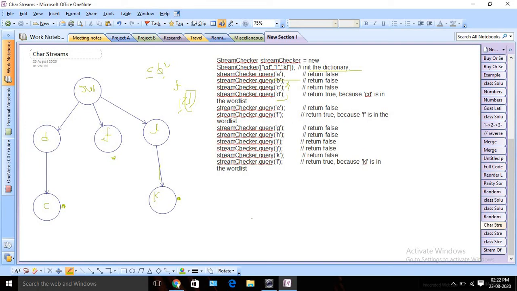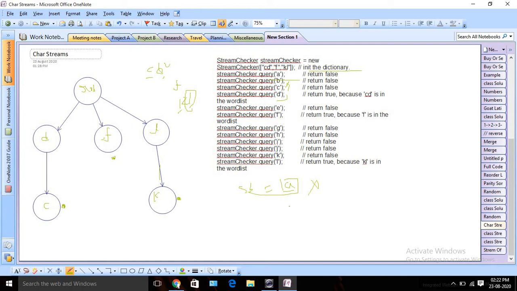Suppose I need to search for A. We need to keep track of the previous characters also, so we can take a string builder, which initially is blank. Then we append A. I start from the last character, because we need to consider the previous characters, not the next. I check for A: is there any word A? No, so I return false.